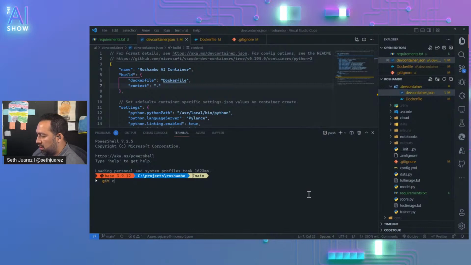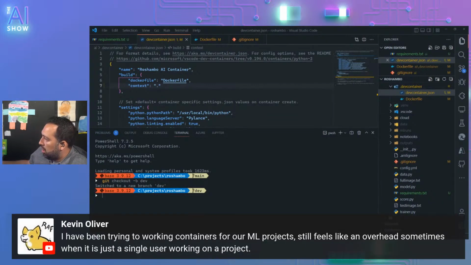I don't want to be changing stuff on the main, if you know what I mean. Here's Kevin. I've been trying to work containers for our ML project.